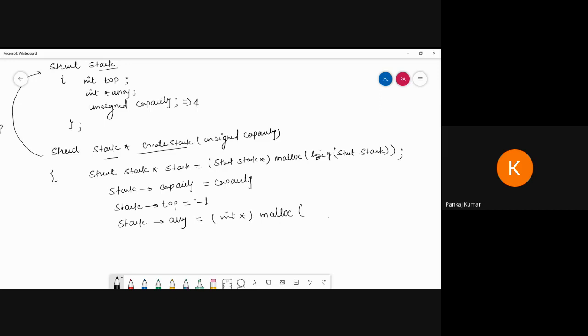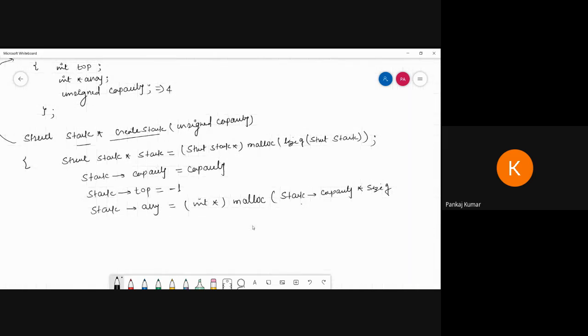In the stack capacity. So I'm writing here stack capacity, inside that I am going to write sizeof integer and close that one, and return stack.